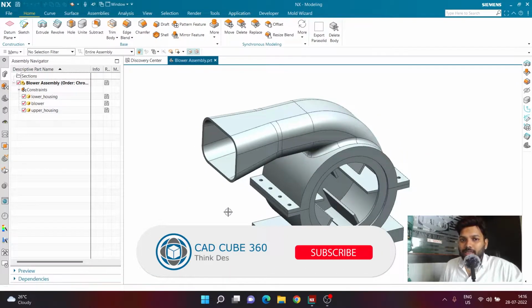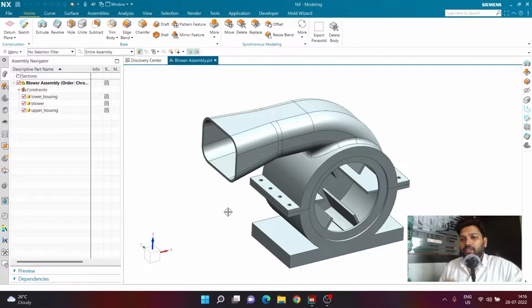Now, once the assembly is loaded, I remind you again that this is the last video of this particular series in which we are creating the blower assembly, and we have already completed the creation of the lower housing, the upper housing, the blower, and the blower assembly itself. Now we are into something which we have not learned so far in my channel,